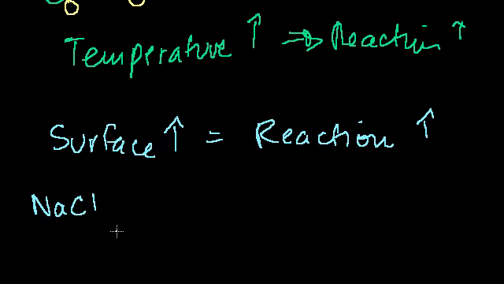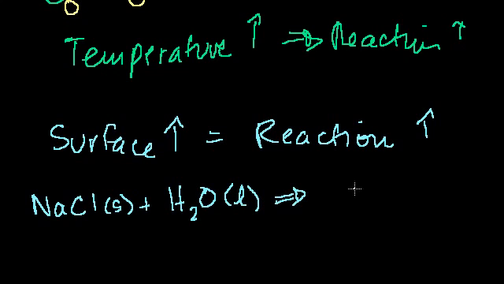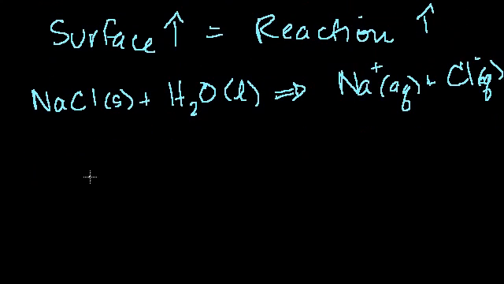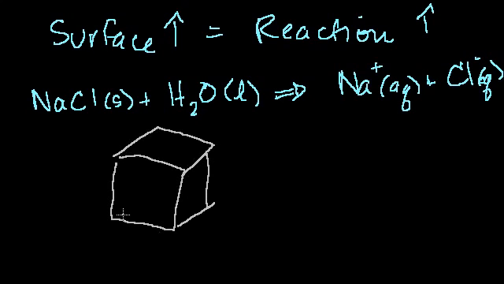Sodium chloride, solid salt, plus liquid water leads to sodium ions, aqueous, plus chloride anions. This is a cation and an anion, aqueous. So it gets dissolved. And how does that happen? If you have a big block of salt, I'll do salt in gray, there's a bunch of sodium and chloride atoms in it, and you have water all around it,